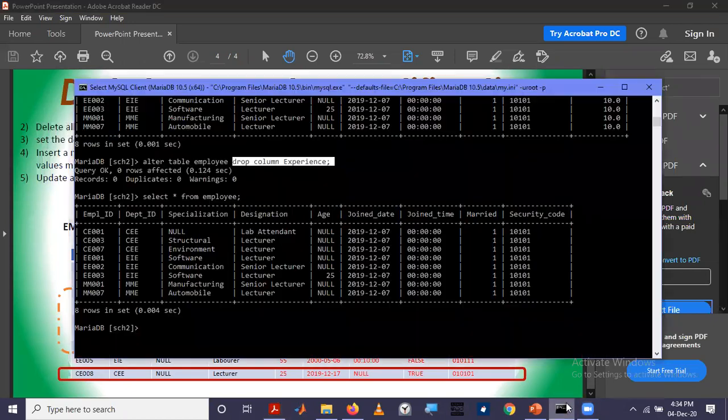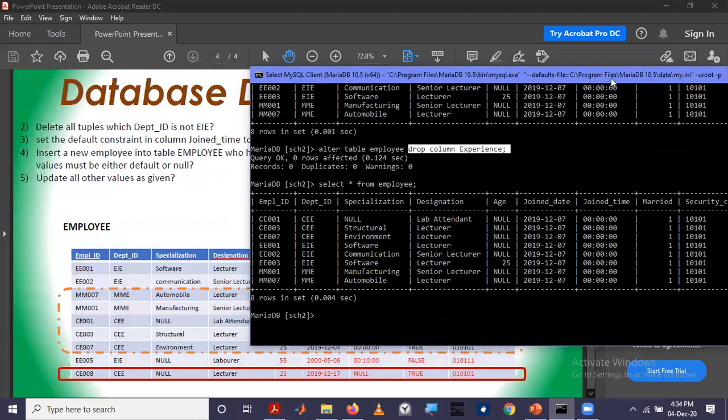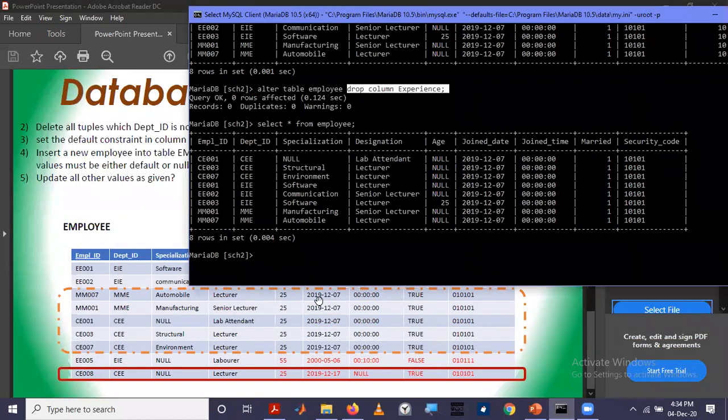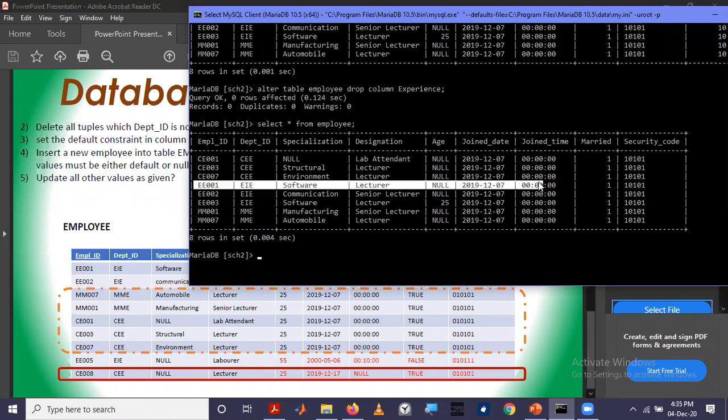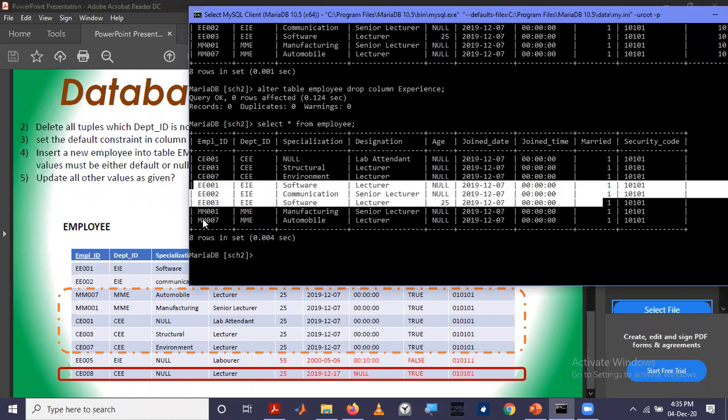So if you look at the table, it is like this full table, right? So we are asked to delete all tuples which department ID is not EI. That means we are asked to keep only these three and delete all other rows.